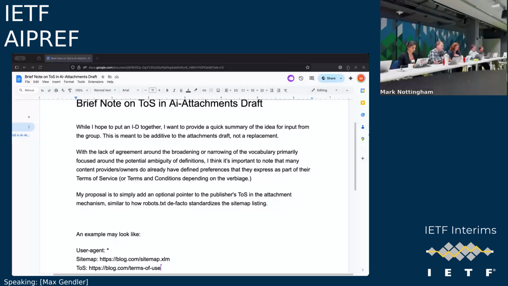But I'd imagine there would be some consolidation of this is the one that is for this specific use case. Again, I think it should be flexible enough to allow multiple if publishers want to put multiple. But I'd imagine that the eventual practice would be one, because there are obviously quite a few differences between sitemaps and terms of service, in terms of how they're lined up. But yeah, that's my brief thought on that.